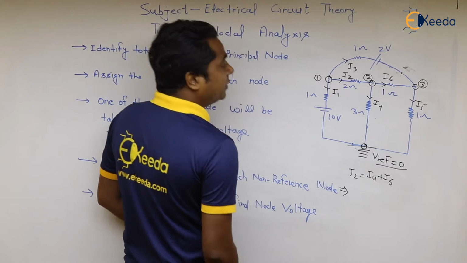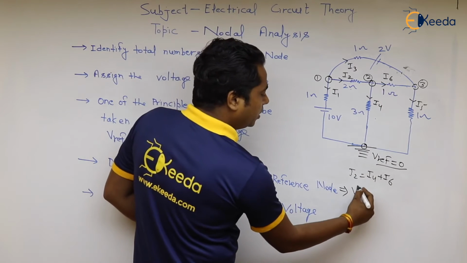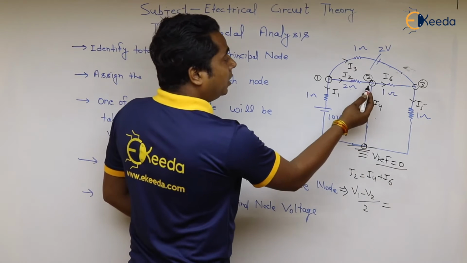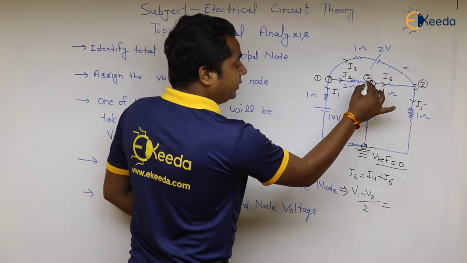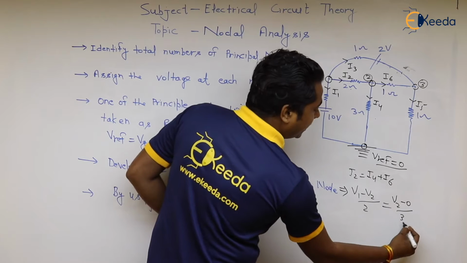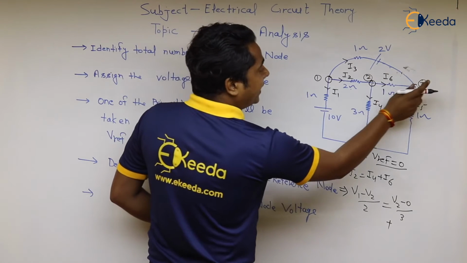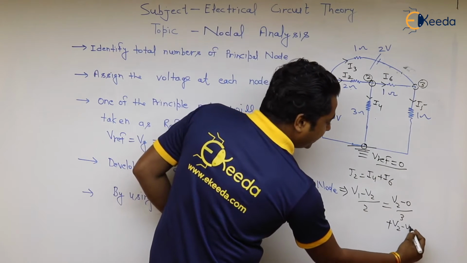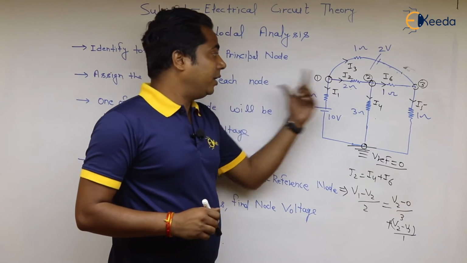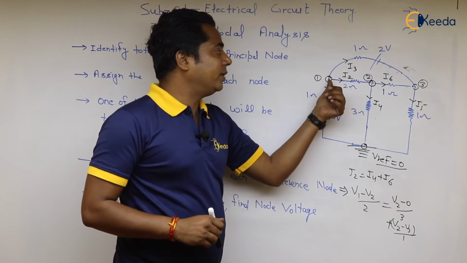And further, the value of I2 we can calculate. The value of I2 will be equal to V1 minus V2 upon 2. V1 minus V2 upon 2 is equal to I4. I4 will be equal to V2 minus 0 upon 3, plus I6 is equal to V2 minus V3 upon 1. V2 minus V3 upon 1. This is how we can calculate V1, V2, V3